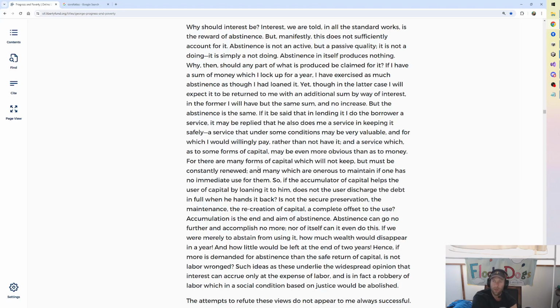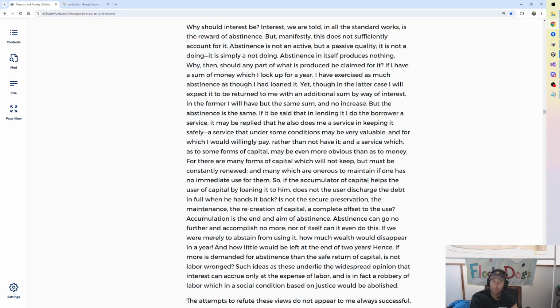Yet though in the latter case I would expect it to be returned to me with an additional sum by way of interest. In the former, the case where I just locked it up, I will have but the same sum and no increase, but the abstinence is the same. If it be said that in lending it I do the borrower a service,